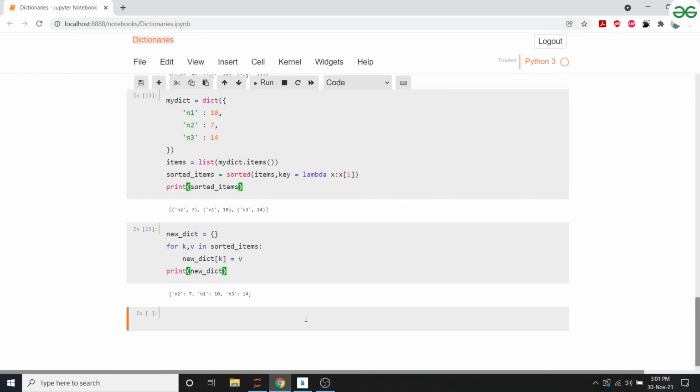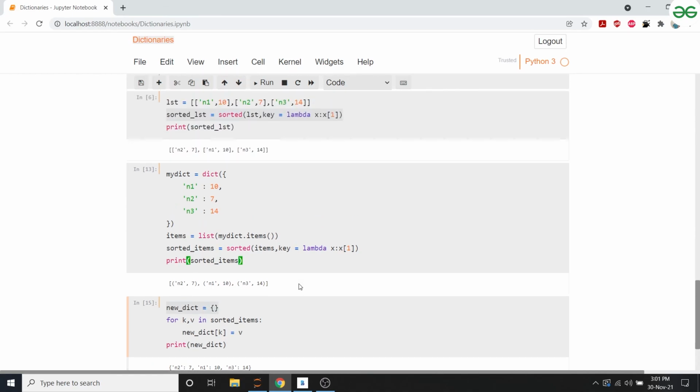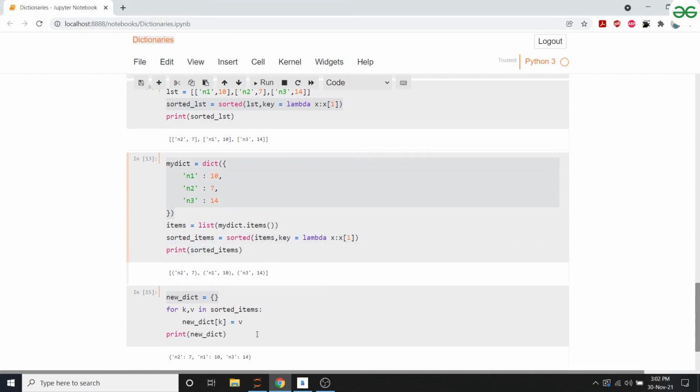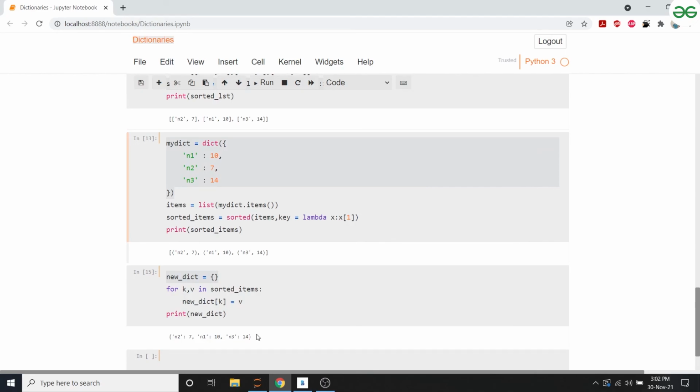Now one thing to note is that new dictionary is a different variable than the original my dictionary that we created. So did we actually sort this given dictionary? Technically no. We created a new variable, we performed some functions on the original dictionary, and then stored the sorted values in that new dictionary. So technically it cannot be called sorting, but as long as we have the answers in our hand, we can call it whatever we want to.